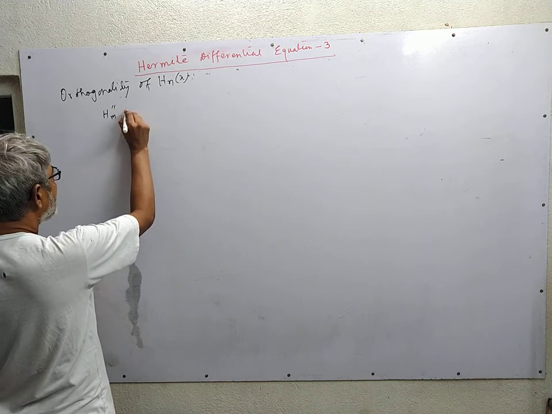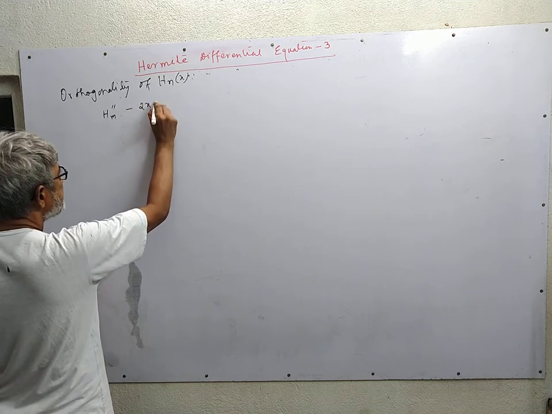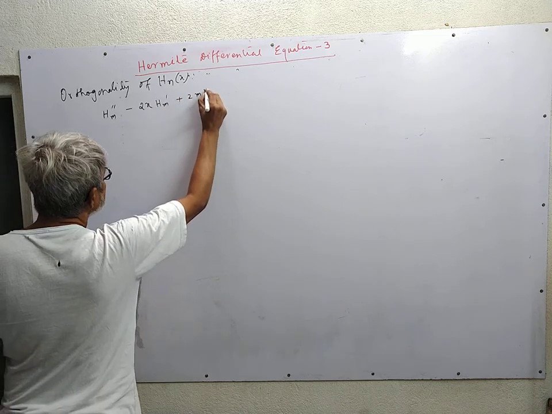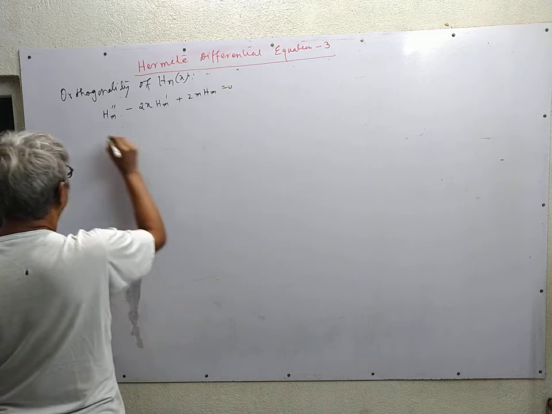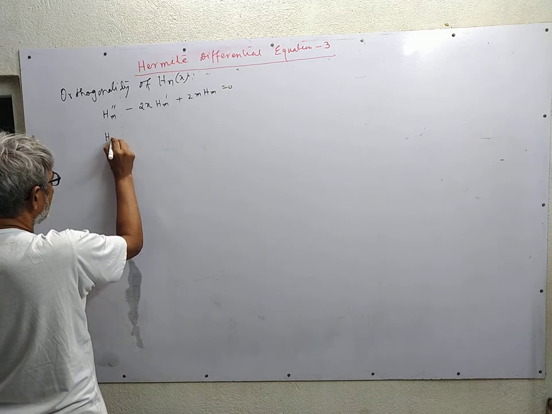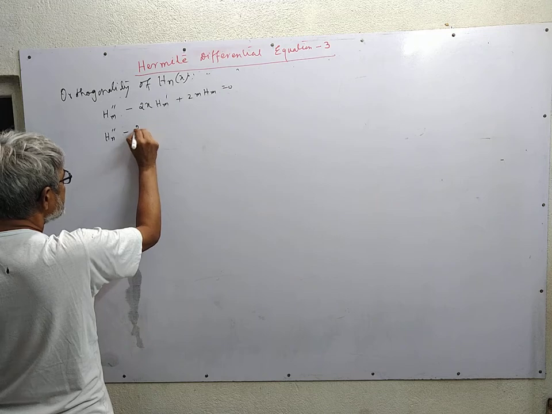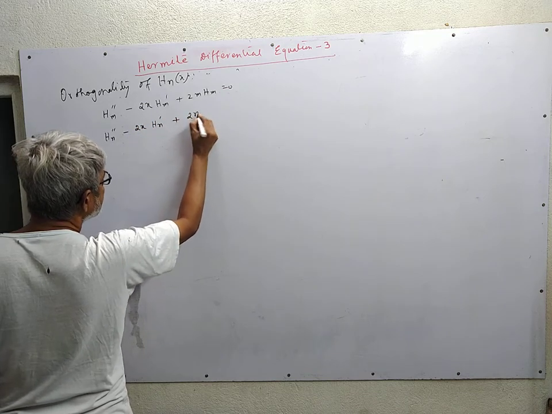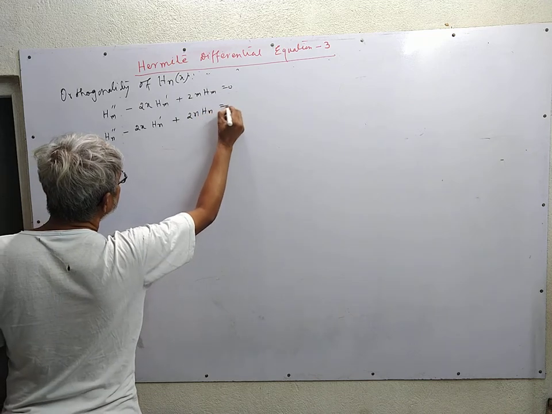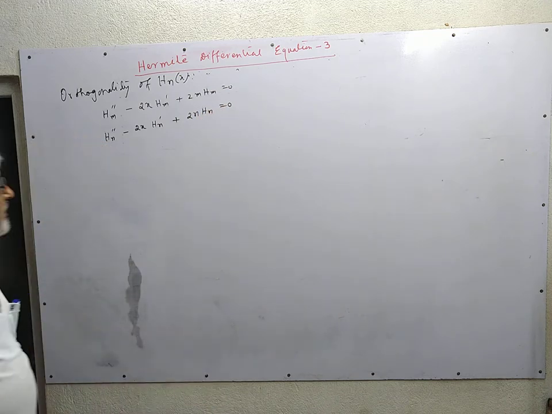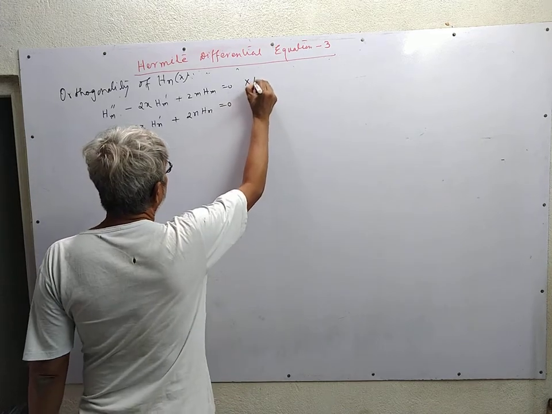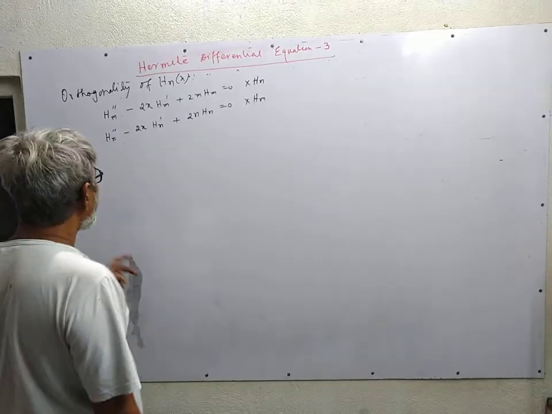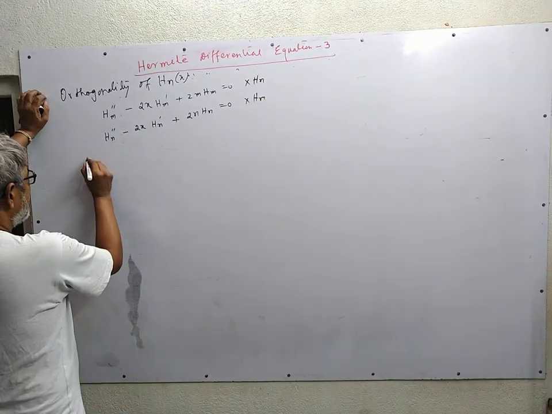I am omitting the argument. And another Hermite polynomial of order n. We multiply the first one by Hn and the second one by Hm and subtract the second one from the first. So we get